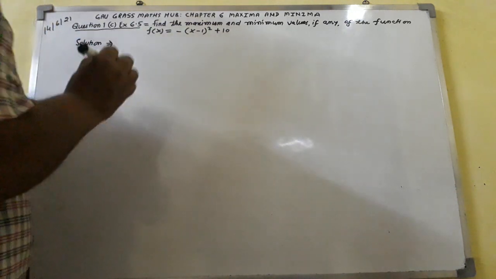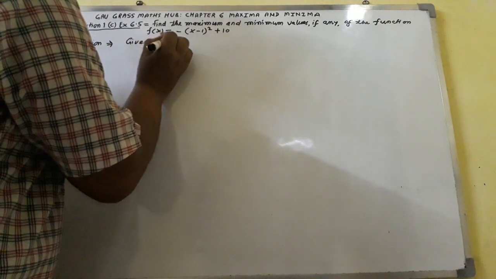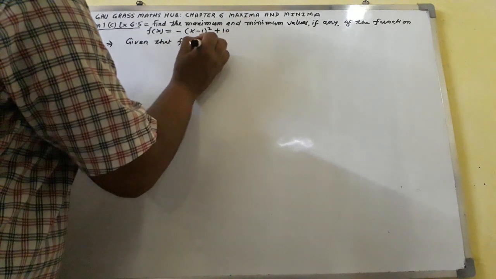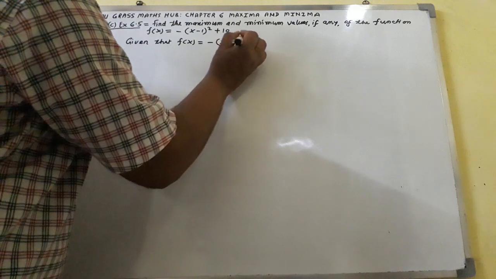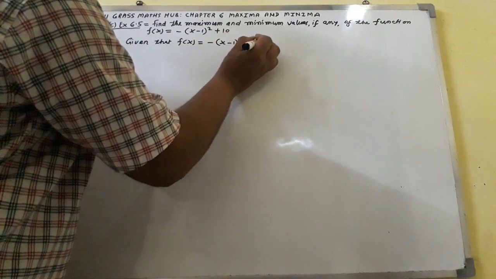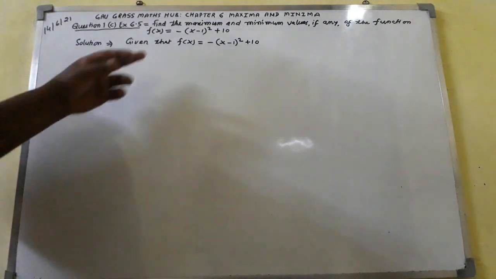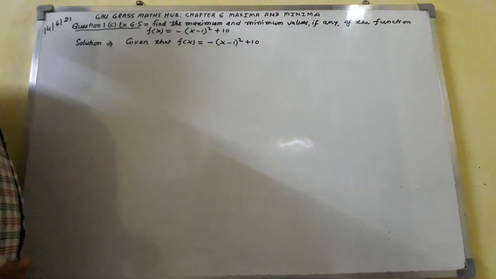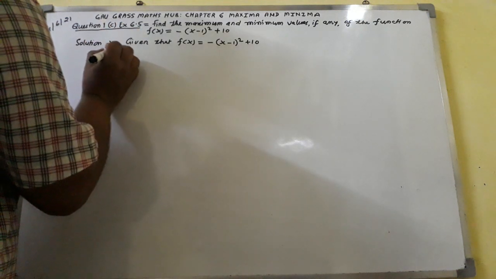Given that f of x equal to minus (x minus 1) whole square plus 10. The given function is f of x equal to minus (x minus 1) whole square plus 10. Now again I shall write, implied that